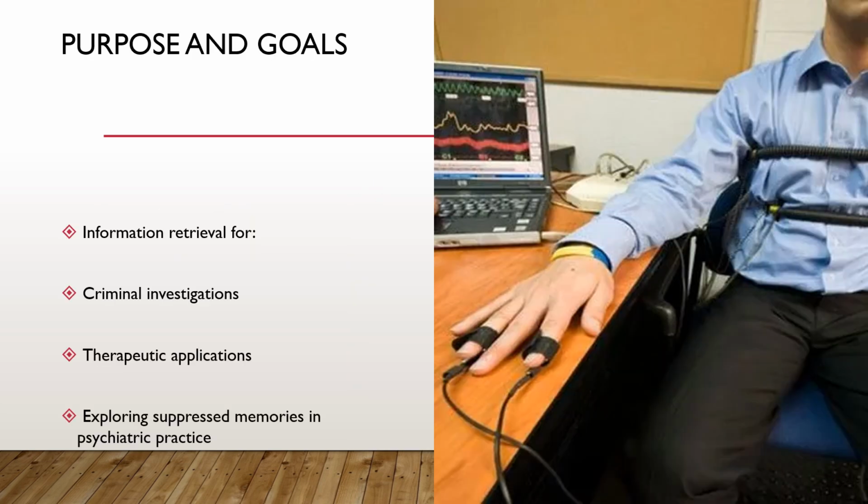Purpose and goals. So basically in this image, the slide is not related to the image, but the image shows the polygraph test, what we usually see on television. Here on the fingers there is monitoring of the heart rate through electrodes. Then there's a BP cuff on the other side of the patient. And the belts that the patient is wearing are called pneumotubes.